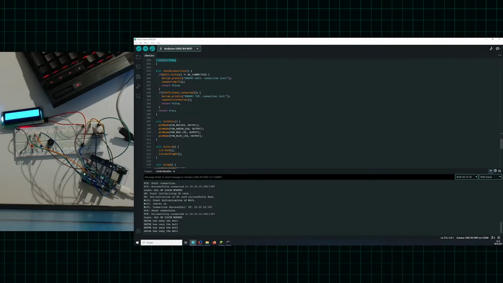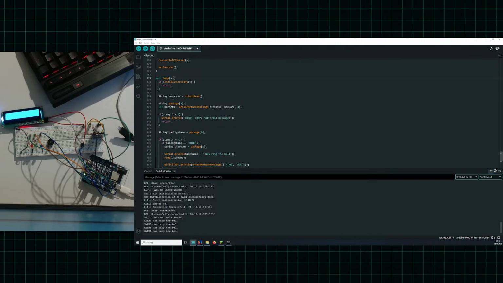Then check connection. Wi-Fi lost here. I handle it on the Wi-Fi. Here I handle it on the Wi-Fi client thing and the login. Then I initialize the pins, LCD, I set the setup, and here in the loop, if check connection,